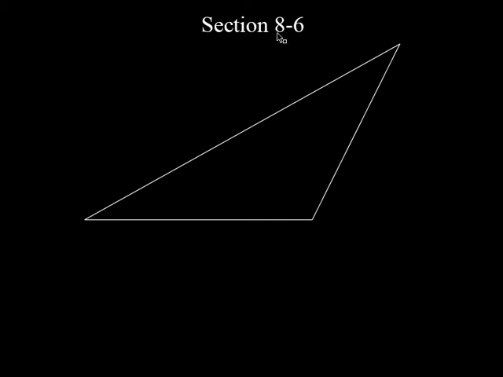Okay, section 8.6. So far we've talked about just things in right triangles. And now what we're going to do is solve for missing sides and missing angles with non-right triangles. So when we talked about right triangles, first of all, if we had two sides of a right triangle, we use the Pythagorean theorem to find the other side, right? And then if we knew one angle and one side, we were able to find the other angles and sides